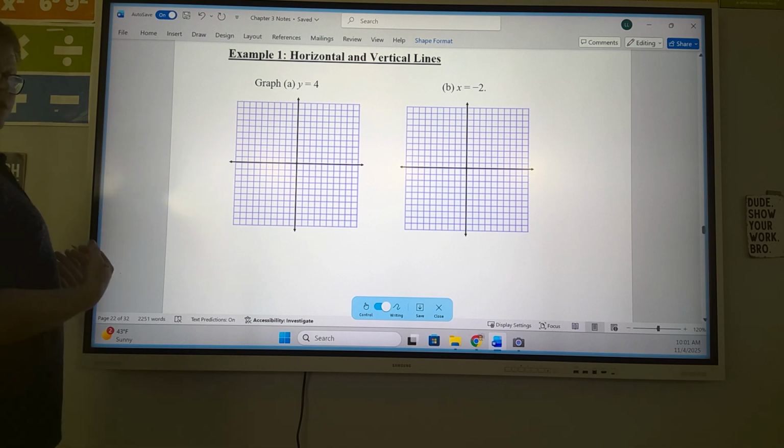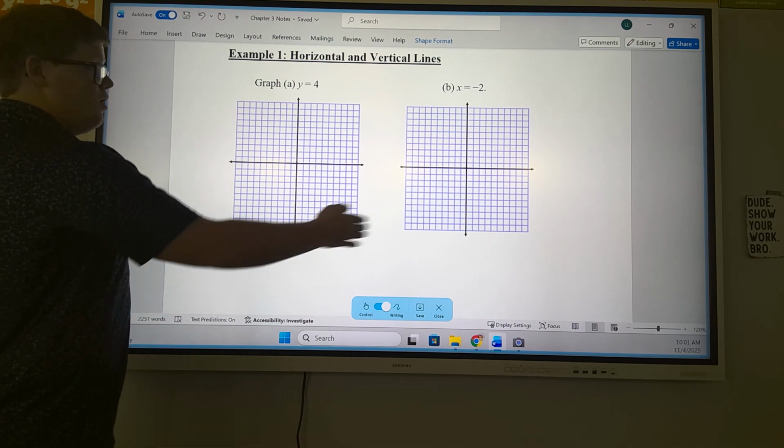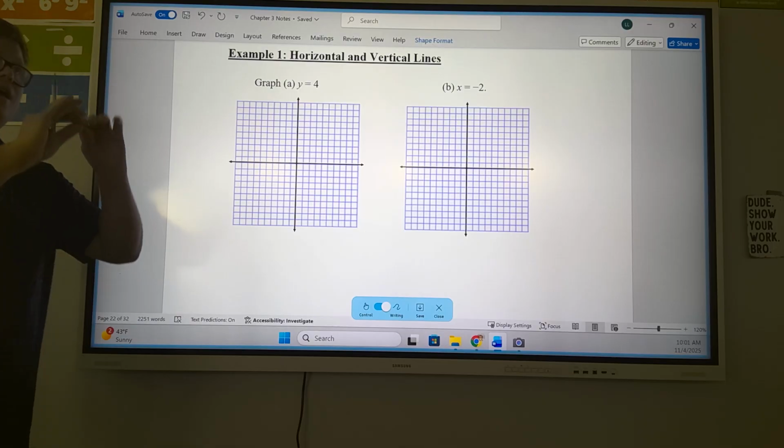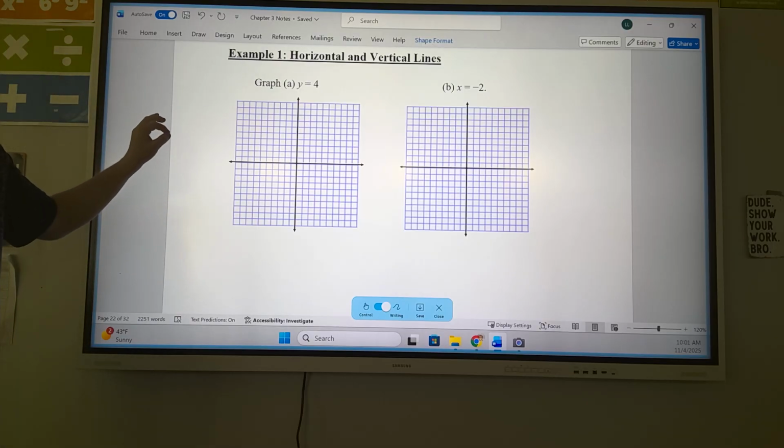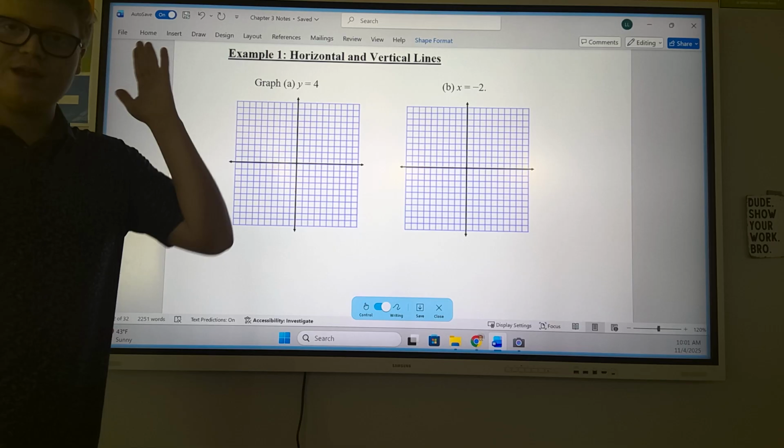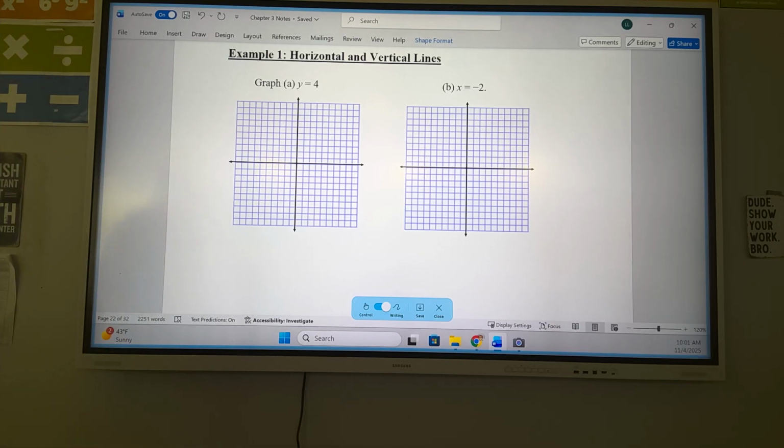A horizontal line, we know it's like the horizon, right? It goes straight across. It's like you're looking at a flat field in Nebraska. You're watching the sunset on the horizon. It's just a straight line across, right? And vertical lines, which are straight up and down, we kind of talked about this with the vertical line test